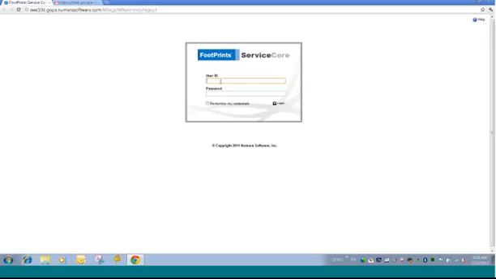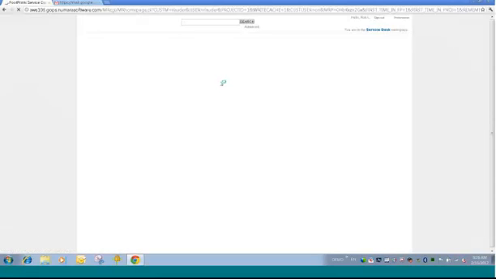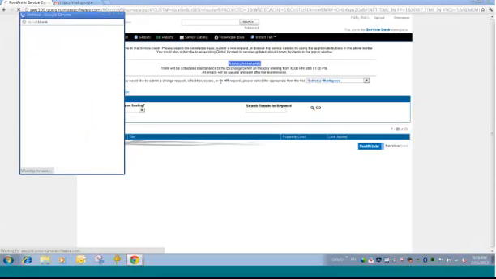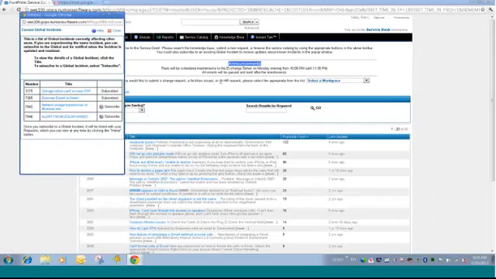Now, we do support single sign-on, web authentication, LDAP. I have all that turned off, obviously, so that I can log in as multiple individuals within a single session. I've now logged in as an end user. Hopefully everything is keeping up for you guys from an internet perspective. Up on the screen in the upper left-hand corner, you'll see that I'm presented with what we call a global